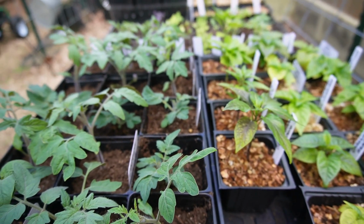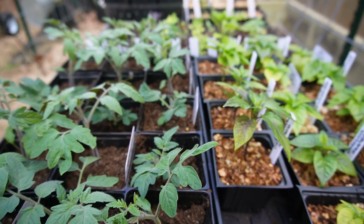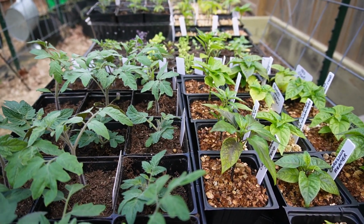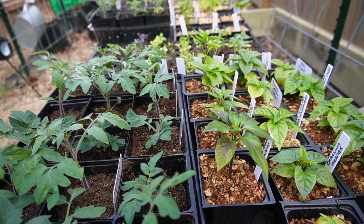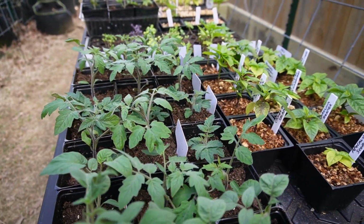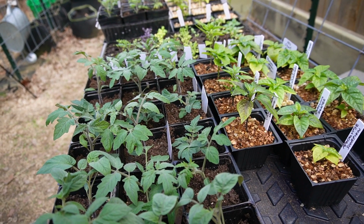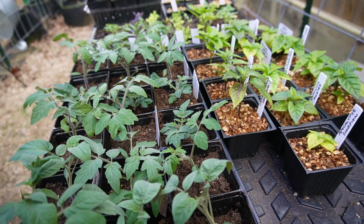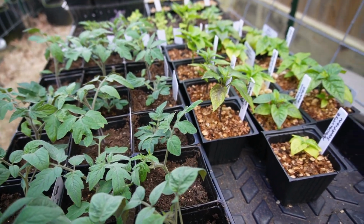So once our last frost danger has passed, which I believe for us in 7B it has, then is the time to start hardening off. So the way we're going to do that, and let's start with if you have a shady area in your garden, the way that I would start is I'm bringing my seedlings out. This is day one for these seedlings, so they're going to get 2 hours out here in the shade. Tomorrow they'll get 4 hours in the shade, and the next day they will get 6 hours in the shade,